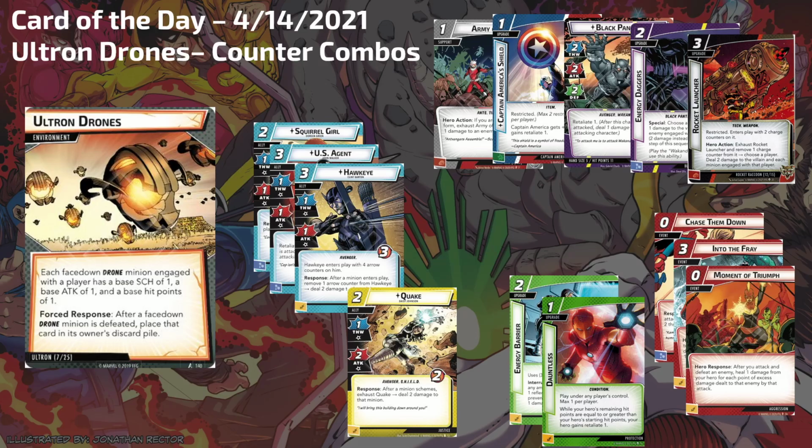A few characters have retaliate, so Captain America, Black Panther, even Hulk can get retaliate, and that retaliate 1 is going to let the drone hit you, and then you just discard the drone from your retaliate, so that could be really nice. I find Black Panther's energy daggers to be really useful against drones because you choose a player,